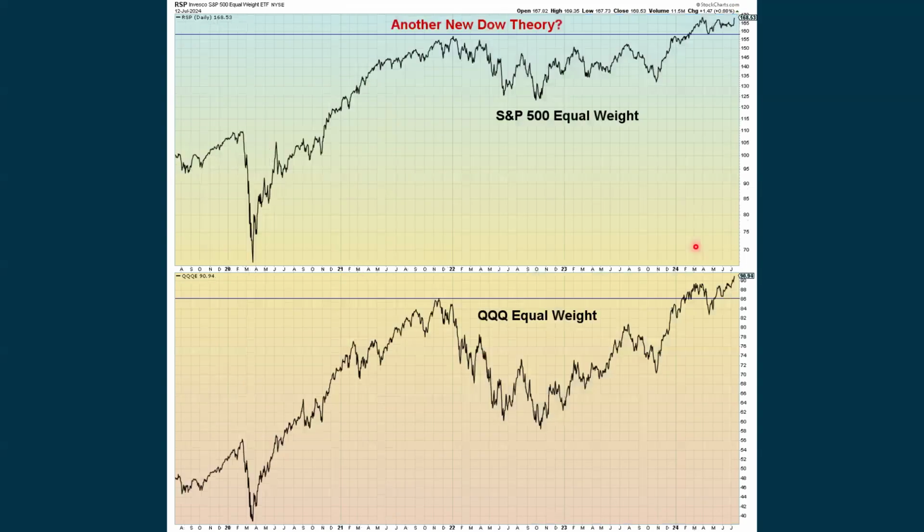We can break that down even further. Instead of using the S&P, which is a weighted index, why not use the equal weight S&P? Even though this is improving, we have not gone back and set a new all-time high with the equal weight S&P, at least yet. Then instead of using the NASDAQ, why not use an equal weight QQQ, which is the NASDAQ 100, where it is setting new all-time highs here. So there's a bit of a negative divergence here, but it is showing some improvement where the Qs, the equal weight, it was setting all-time highs where we were still going sideways with the S&P equal weight.